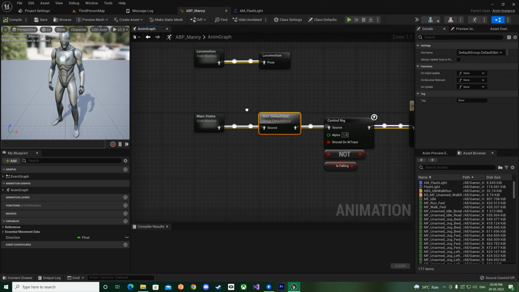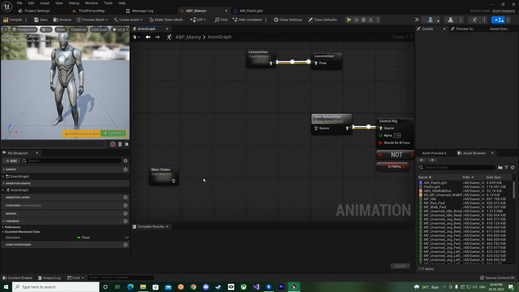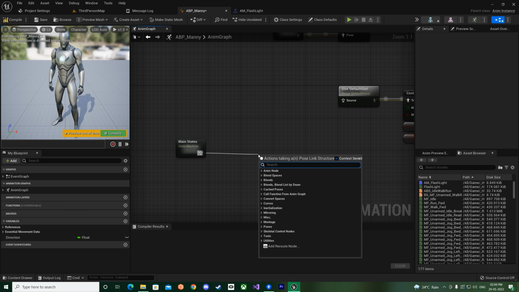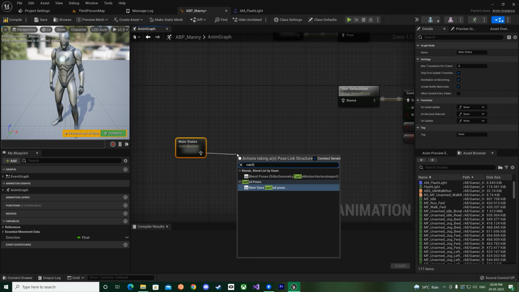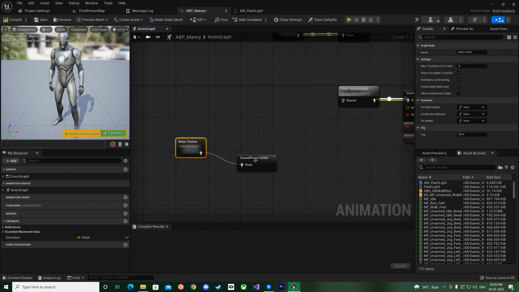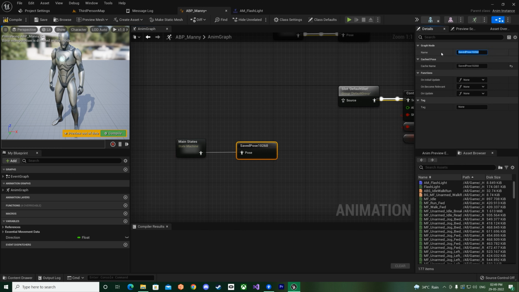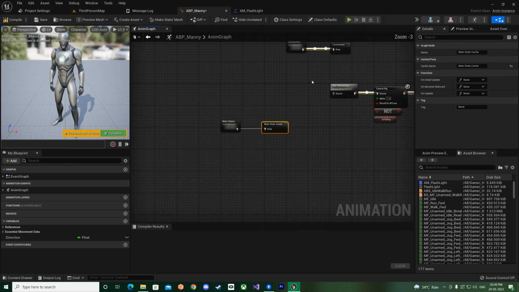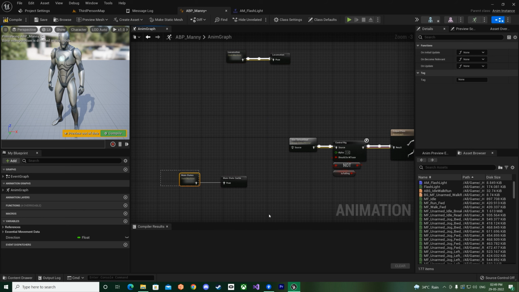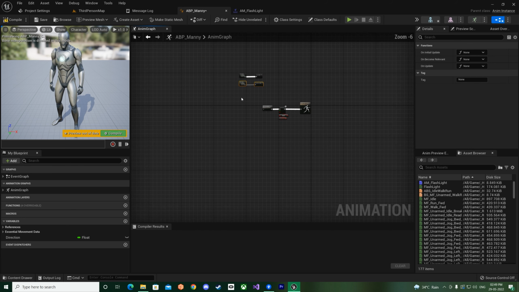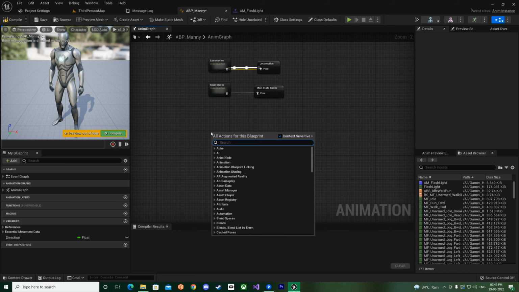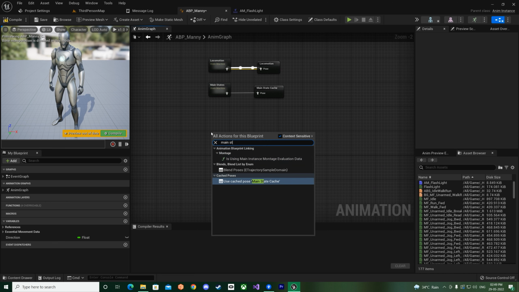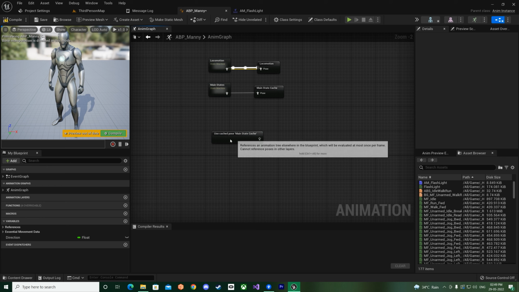So let us go back over here in the main states, and from here we'll take the main state and save it to a new cache pose, and we'll call it the main state cache. Okay, I'll put these above like that, and then we'll call the main state cache twice,